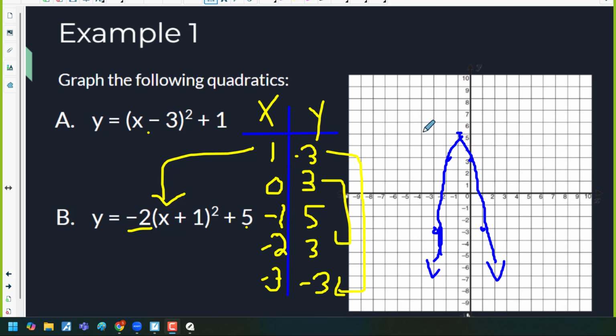So just to recap, as I stated earlier, you start with your h value as -1. Your y value for that point is going to be 5, your k value. Then you pick 2 points above, so +1, +2, and then 2 points below. Basically, it's counting. So 0 and 1, and then